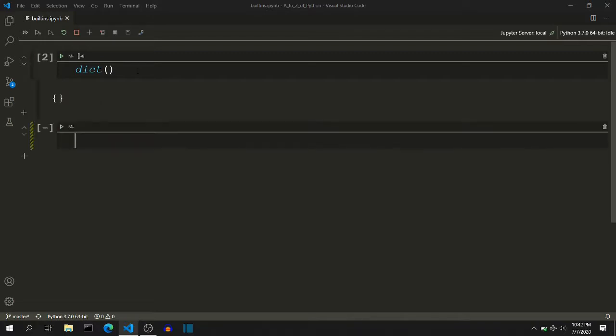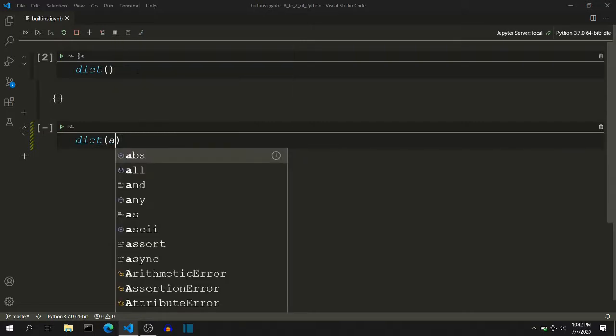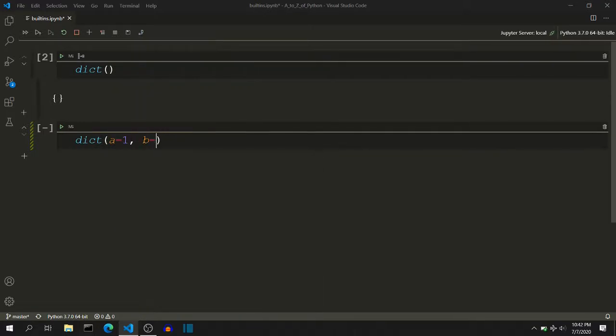If we pass keyword arguments to this function like this, a equal to 1, b equal to 2, c equal to 3, then the name of the parameter will be initialized as key inside a string, and values of these parameters will be assigned to the values of the corresponding keys inside this dictionary.